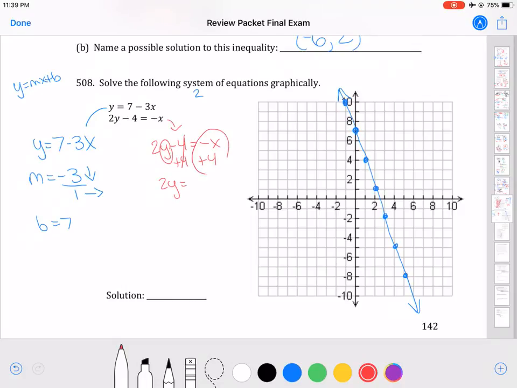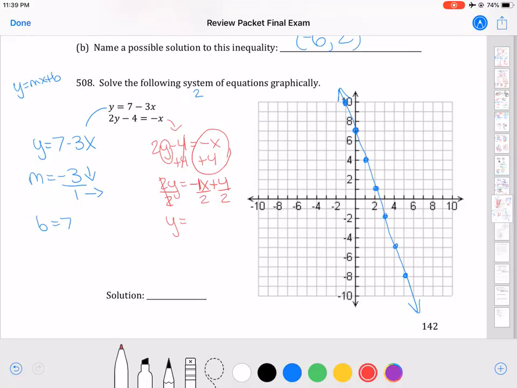Now what a lot of people tend to struggle with is this part right here. You have an x and a number. Those can't be combined because they're not like terms. So the -x comes down and the +4 comes down as 2 separate terms. Now I still do not have y by itself, but I'm getting closer. I have to get rid of that 2. The 2 and the y are being multiplied, so I'm going to get rid of the 2 by dividing everything by 2. So those 2's on the left cancel, and I end up with y equals,